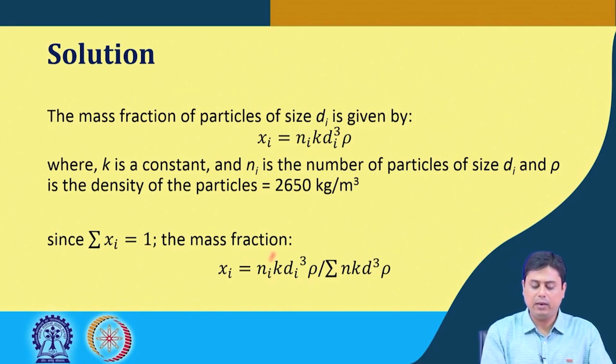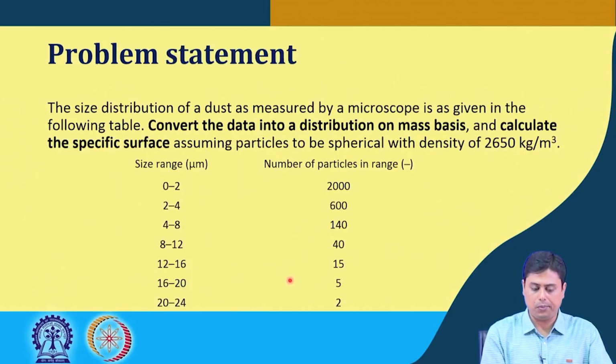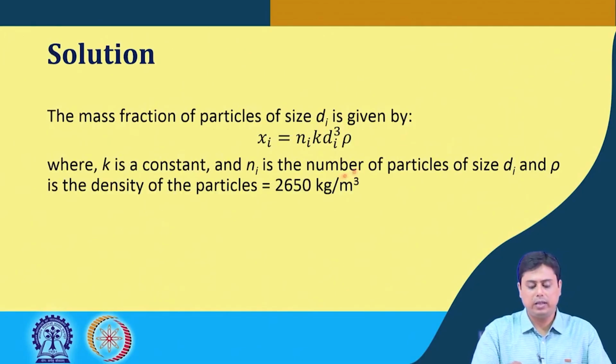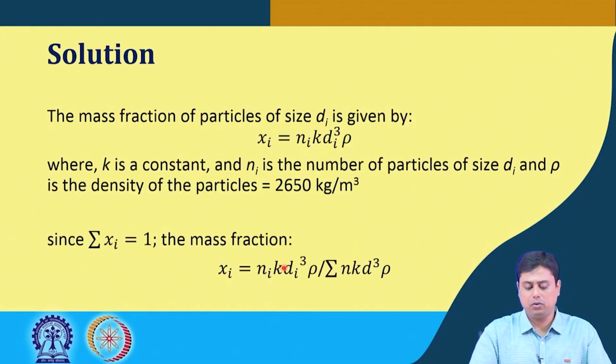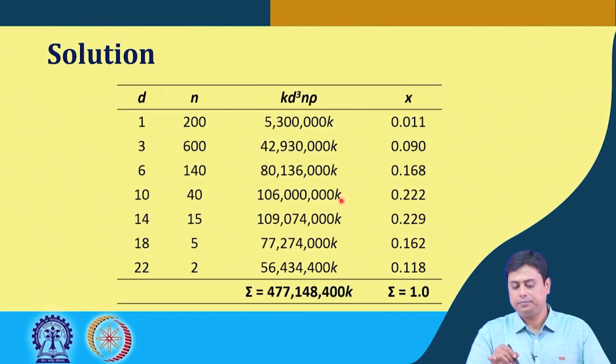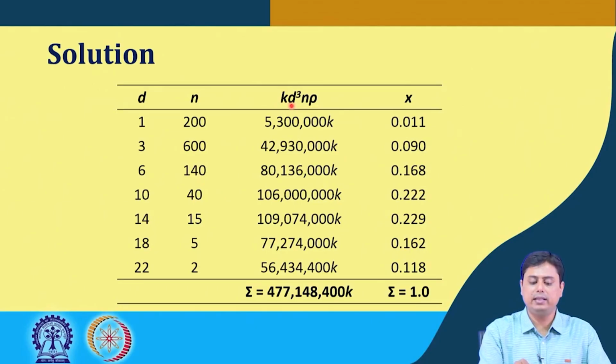Now, the value of k is not known, because let us say we are solving in a generic way for this problem without understanding the second part that is written later, that it is to be spherical to calculate the specific surface. So, for the time being we neglect this part. For this first part, we do not know what the value of k is, so we will retain k as it is. Since this is a constant value, it will be eliminated at the end. Then we calculate this k d cube